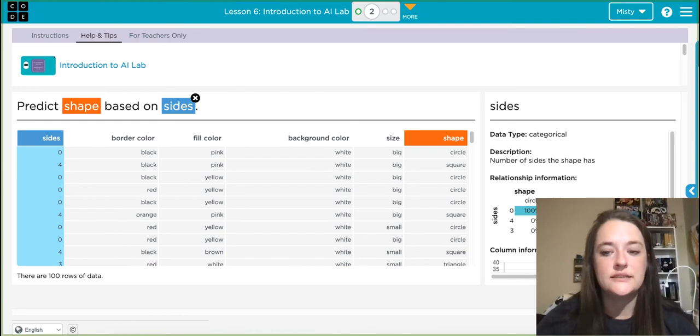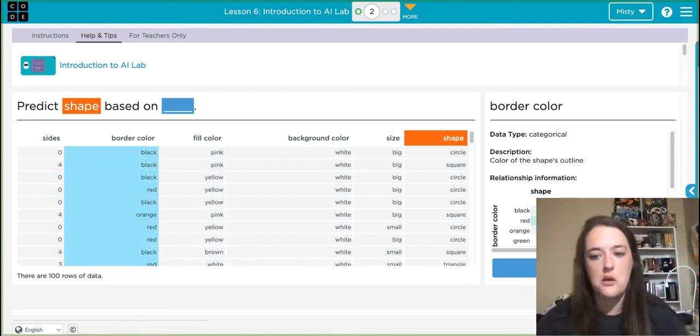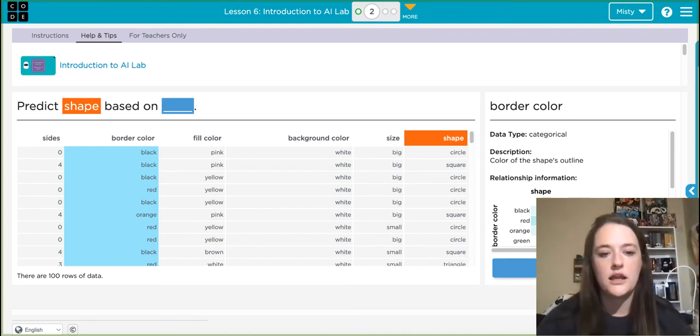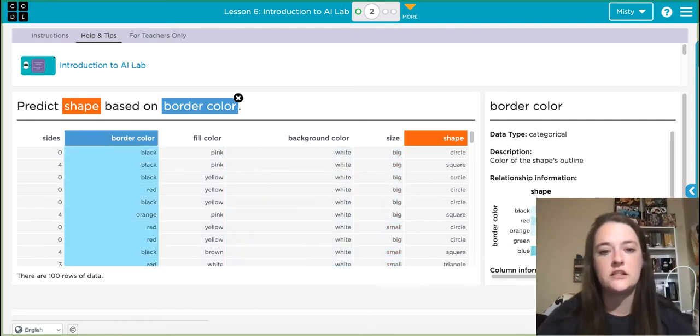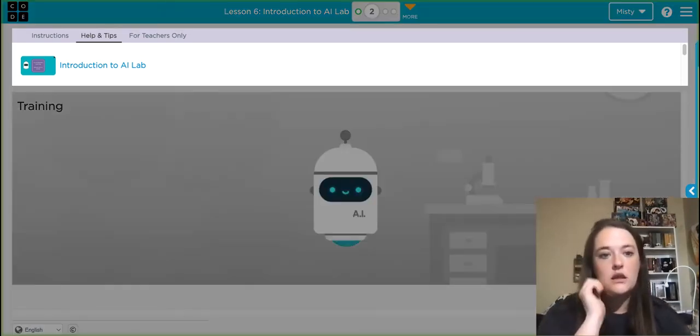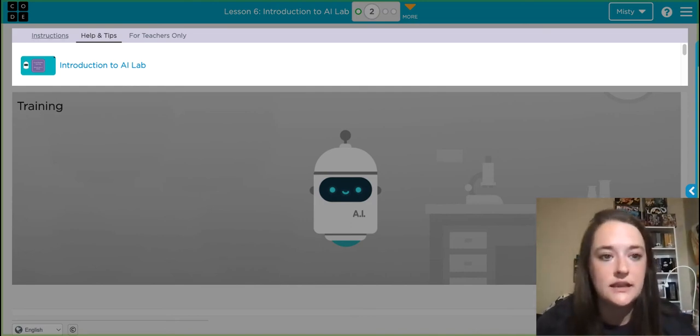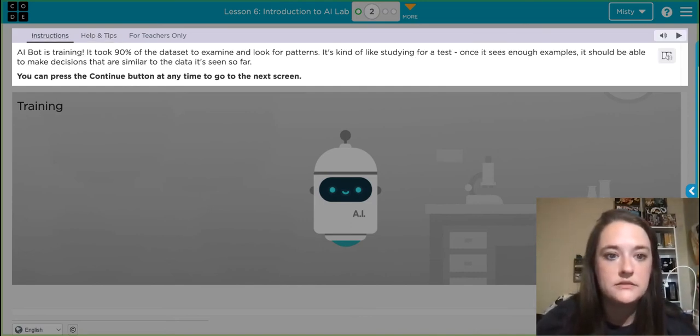Don't start with sides, okay? Because we already know that's going to be 100%. All right, let's start with something else. Click Add Feature and then click Train. What you're going to do is you're going to see AIBot